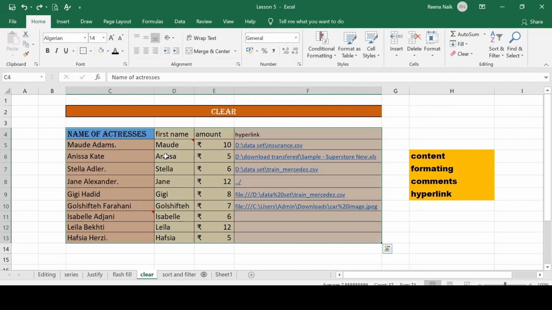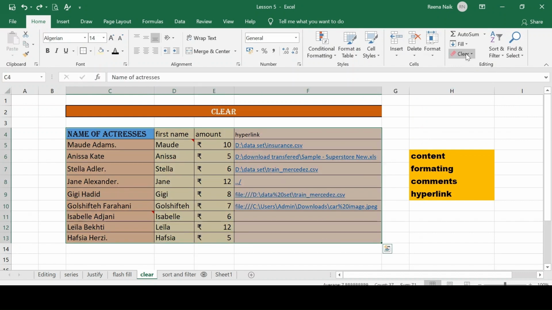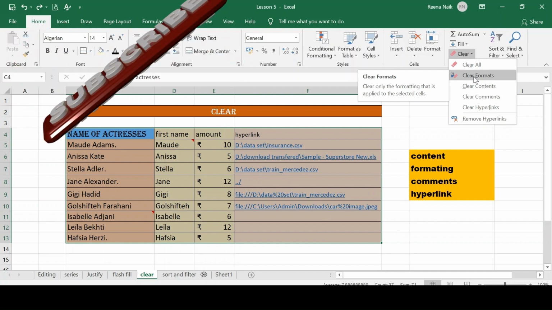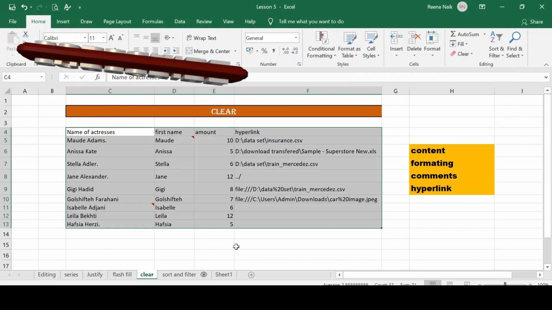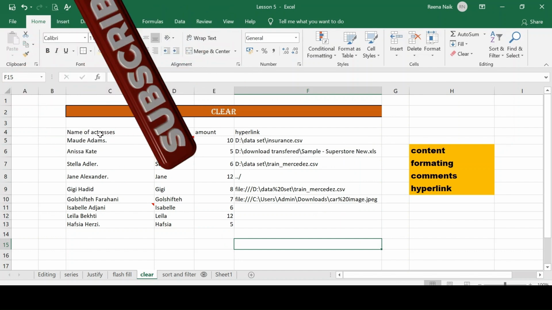I'm undoing it. The next is clearing only the format part, keeping the content and other things as they are. Click on Clear Formats, our format is gone, our data is as it is.